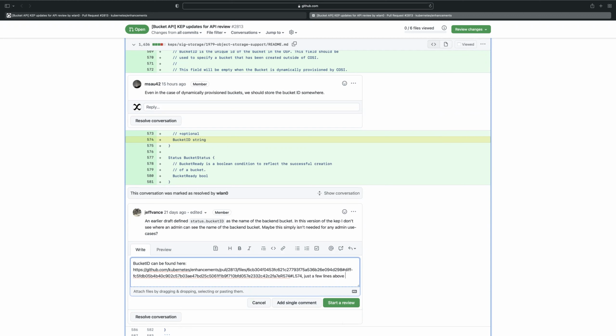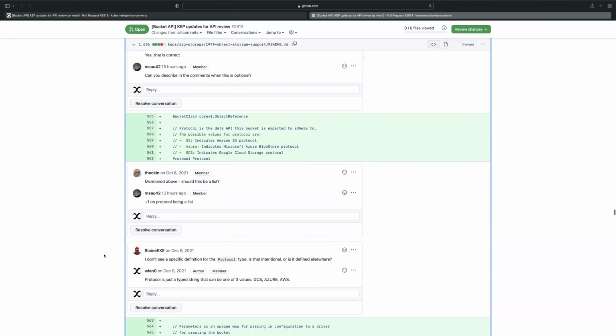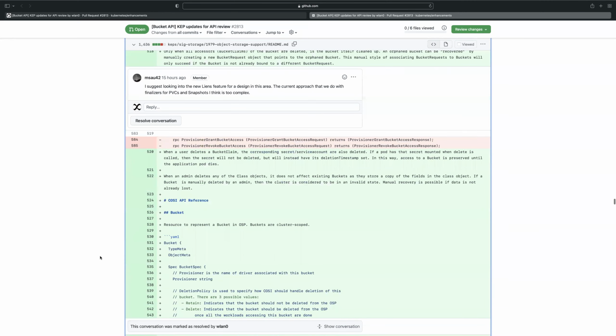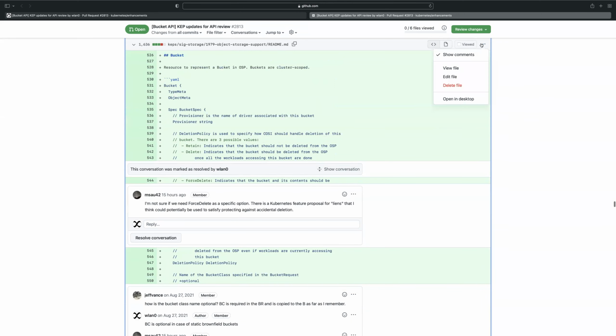Yeah. The user chooses the name of the bucket claim, and then Kubernetes, or Cozy, will create a bucket with a different name, and that's the name that the Cozy driver will see. The Cozy driver never sees the name the user chose, because it's irrelevant.